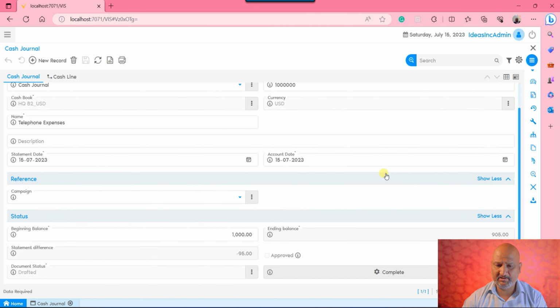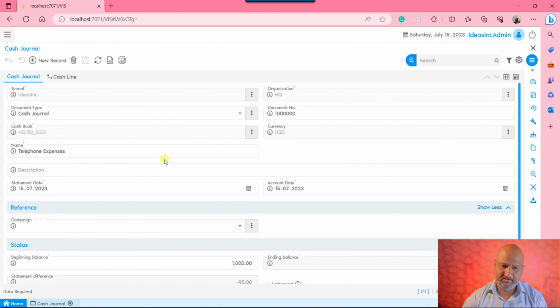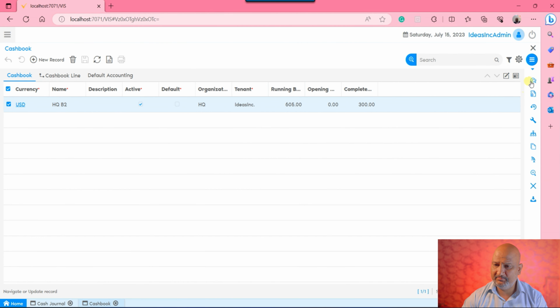And once you come to the cash channel header, you would be able to see that there is a statement difference of 95, and 905 is your ending balance at the level of the cash book. So once I process, then you would be able to see. So let me move on to the cash book. Presently you would be able to see